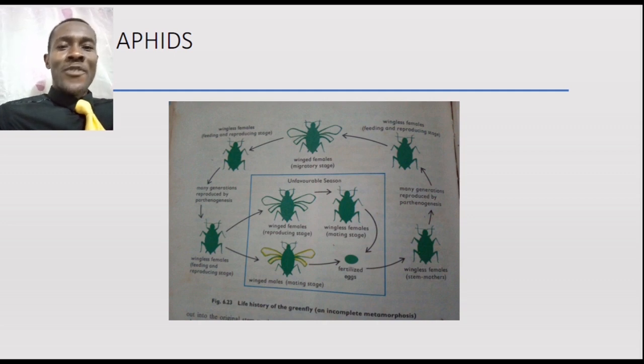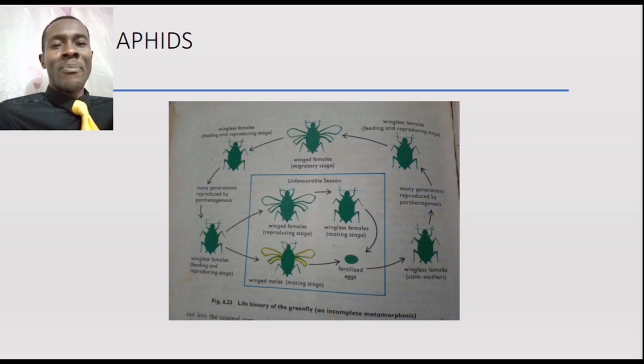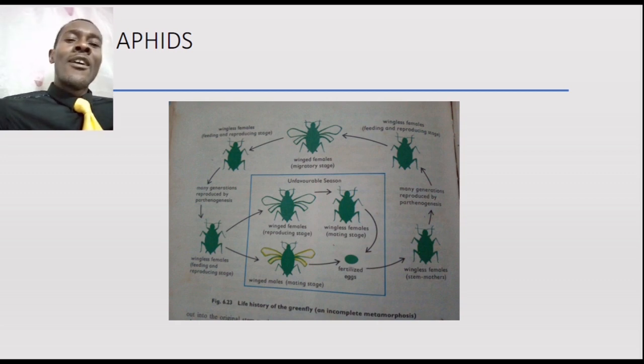The cell sap of a plant, it takes everything from it, from the phloem, which carries the carbohydrates produced through photosynthesis. This aphid has the ability to suck everything out of the plant, and gradually the plant will wither and die off. So aphid is a very important crop pest that we have in agriculture, and this pest ought to